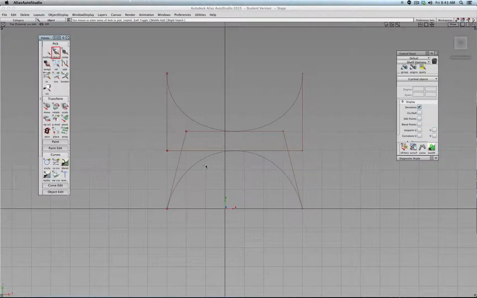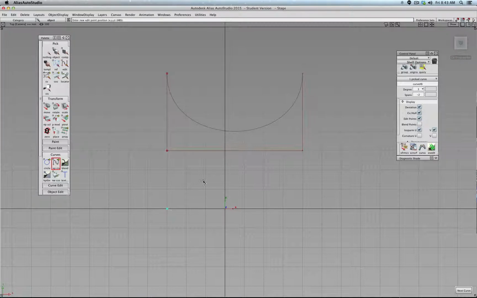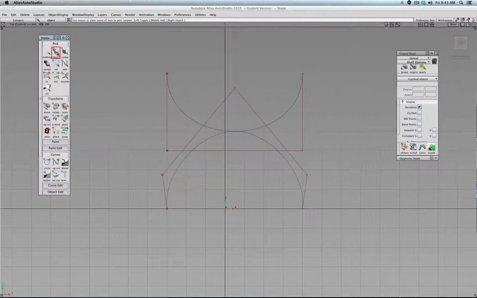So in this situation, an EP curve will be easier, because I can place an edit point and snap it to the curve. And this way make sure it will run through it. So for example, now I turn on snap to curve. So you see I can snap this edit point to the curve and click here. And there you see the edit point got perfectly positioned onto that curve, and this curve runs